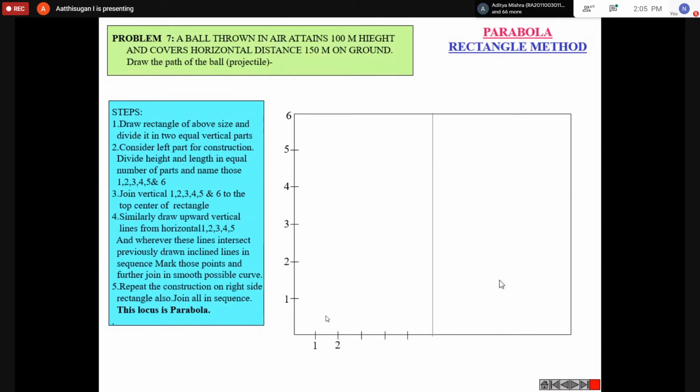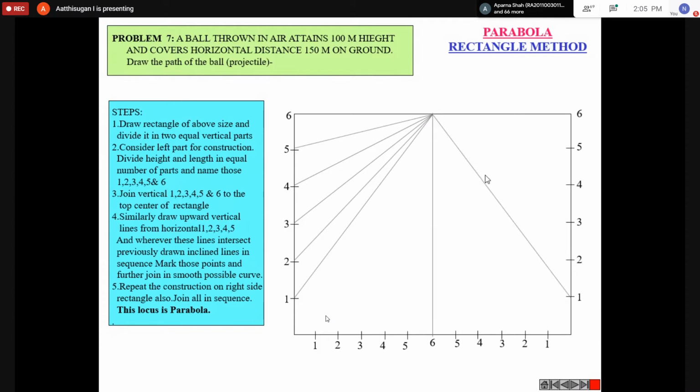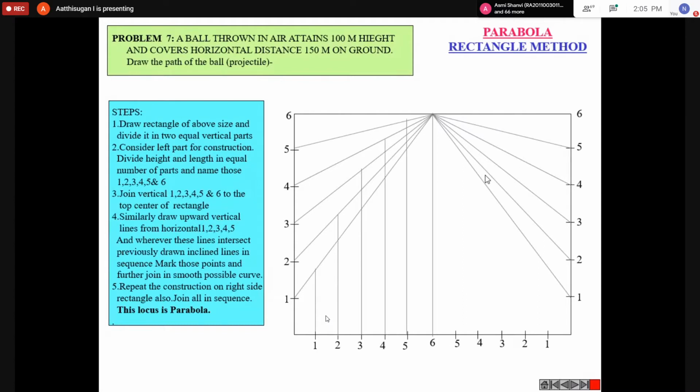Similarly for the bottom also. Then you can draw the lines for intersection, from 1 to top 1, 2 to 2, 3 to 3, 4 to 4, like this. The next, from the bottom intersection, you can draw the straight line. The opposite side also do, that is, the second half you can do the same step. The next step is from the bottom line, draw the straight line up to 1, 2 to 2, 3 to 3, 4 to 4, like this you have to do. Same step for the second half also.